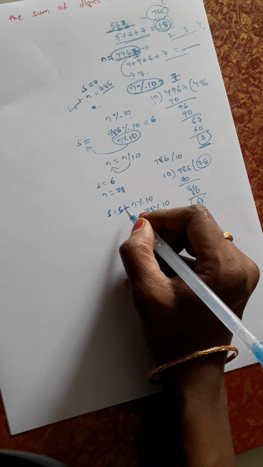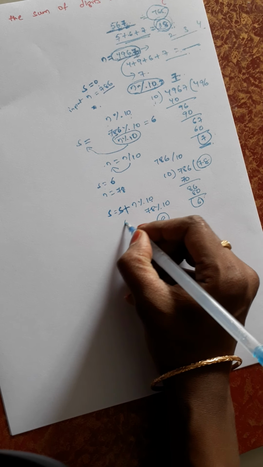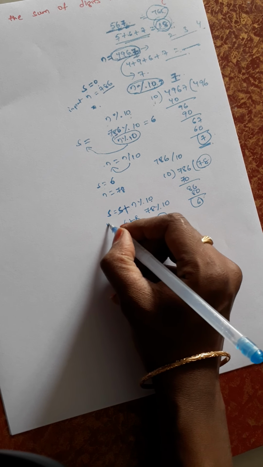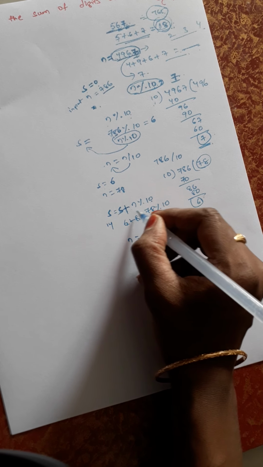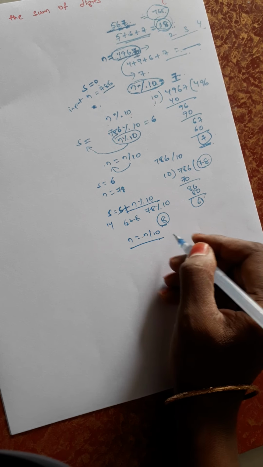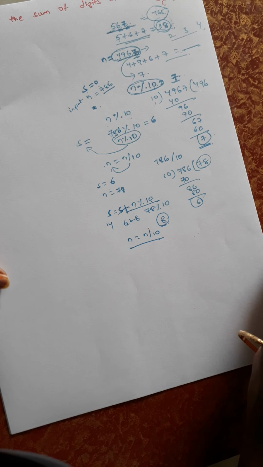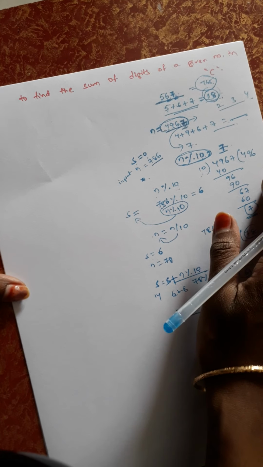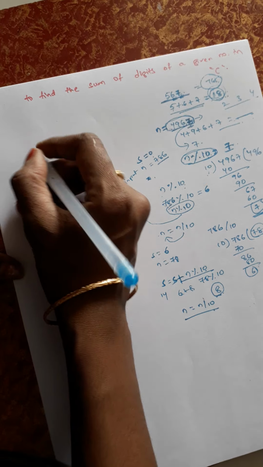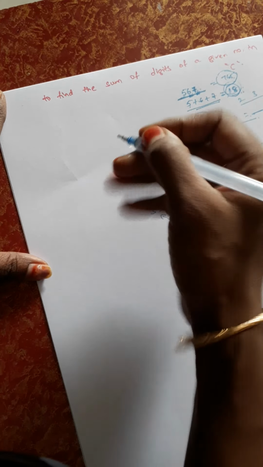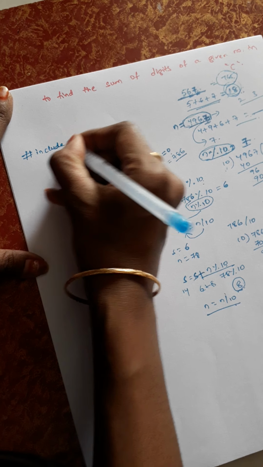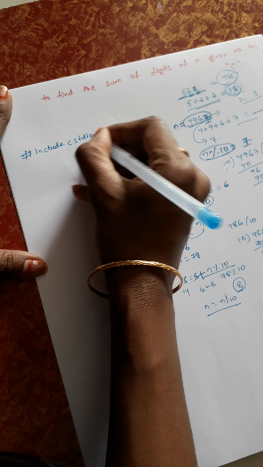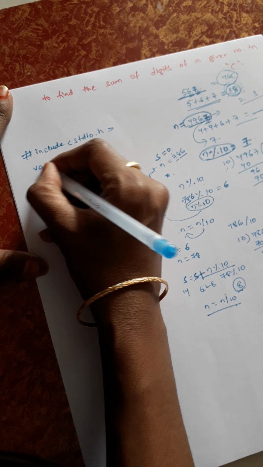Before, s equals 6. Now 8. 6 plus 8 is 14. Next, n equals n by 10. These two steps are going to repeat until the condition becomes false. Here we use a loop, because everything will be written in the loop to go to the next digit in each iteration. Now let us write by using the same steps. It will be clear to you if you write it neatly. Okay, void main.